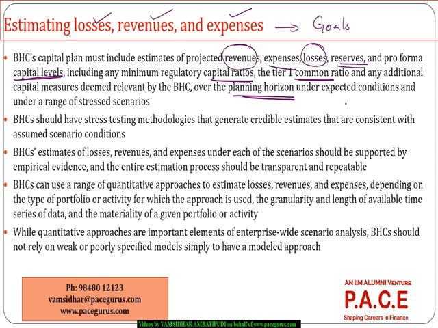So for what time period are all these being estimated? So 1, under the normal conditions, 2, under the stressed condition. There should be a very clear-cut explanation of all these kinds of estimates, and the processes driving these estimates, under both normal conditions as well as the stressed conditions.